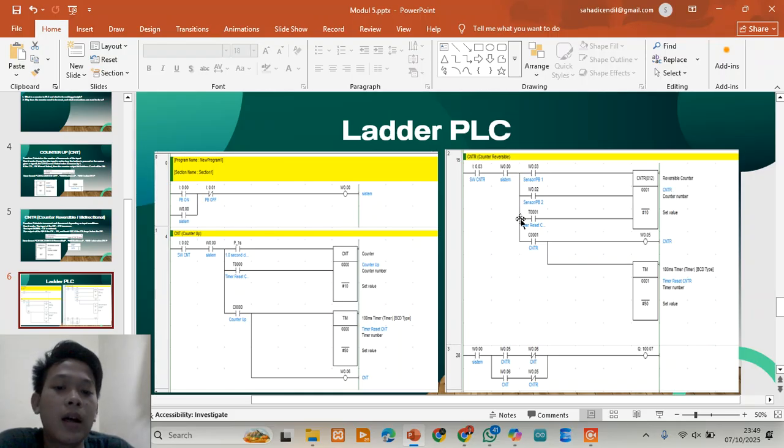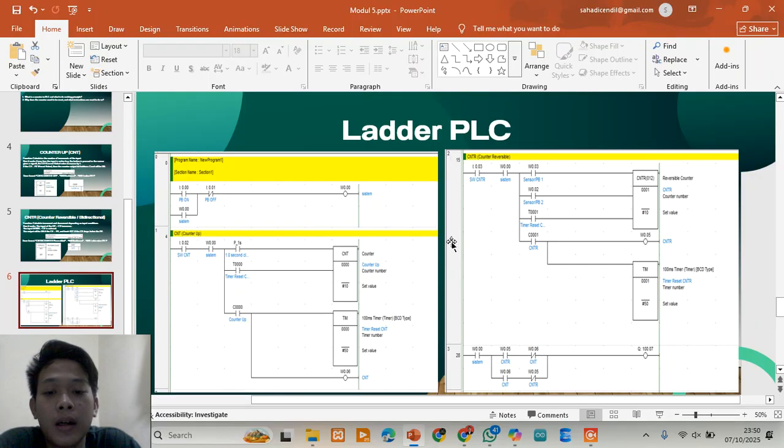CNTR can count up and down depending on which input is active. The syntax is CNTR 001 for the CNTR address and the value, CNTR 10.